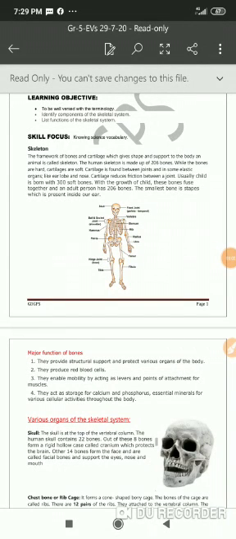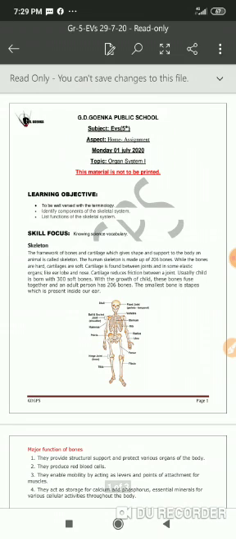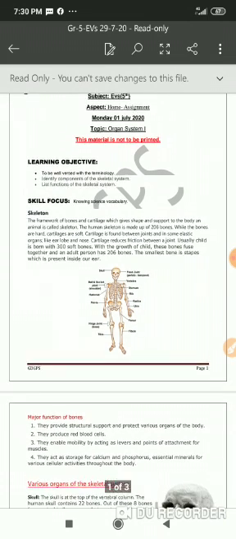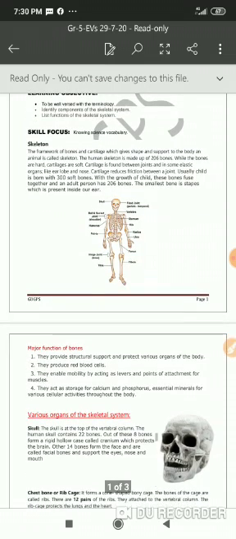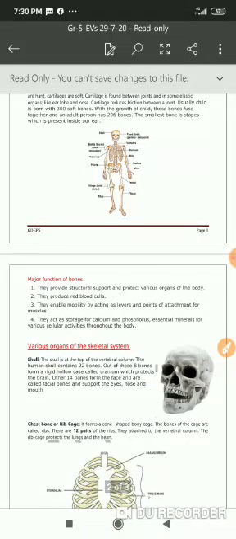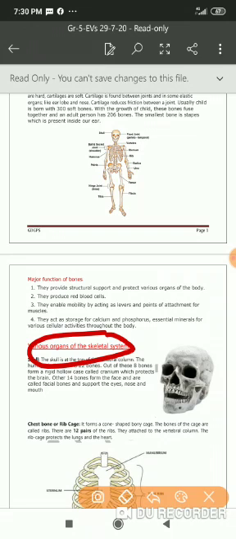Since we have already started the recapitulation of Organ System 1, that is our Unit 2 syllabus, we have completed the rest of the chapters. But since we have started a recapitulation right from here, in the previous module we tried to understand the major functions of the skeleton system, and today we will try to understand the various parts of our skeleton system. The first part that we are going to discuss is the skull. Since it's the upper portion of our skeleton system, we'll be discussing this first.